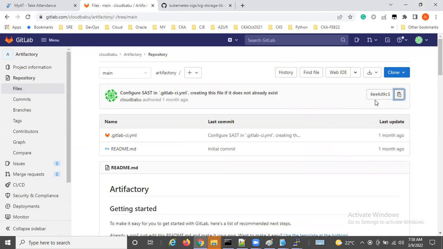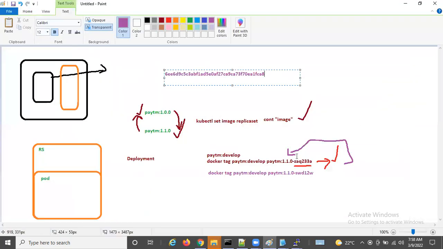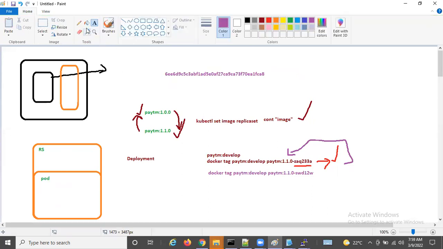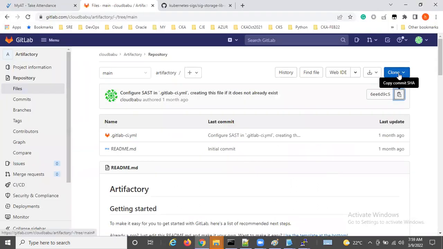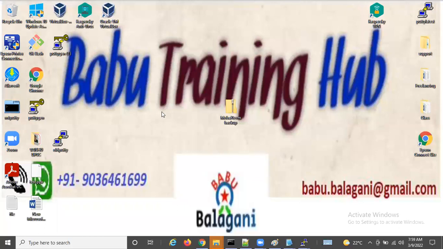So for every commit, you are going to generate a new commit ID or SHA. You can take this as a reference. For example, when the developer is committing the first changes, he is going to get one commit ID, right? So that one I'm going to use with the tag. As a DevOps engineer, I will come to know what the change is in this image, and what the change is in that image. I can go to the commit in the Git, and you can verify